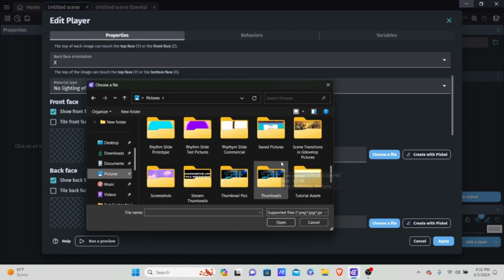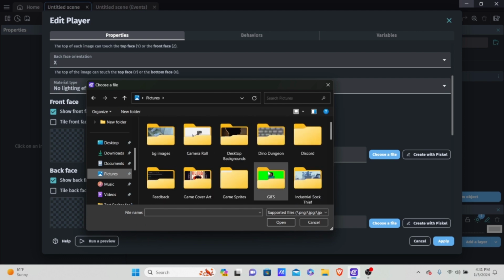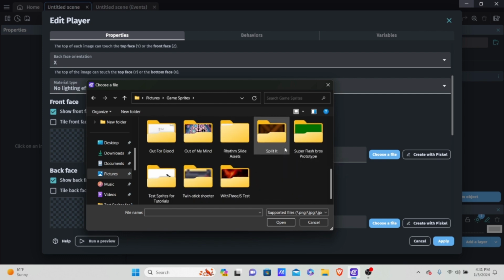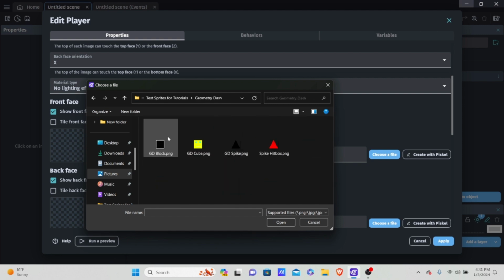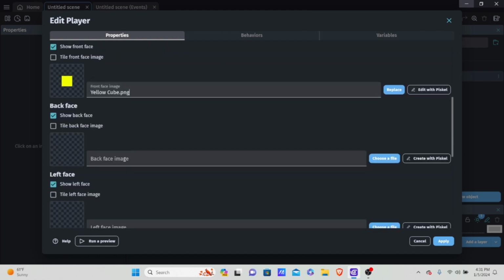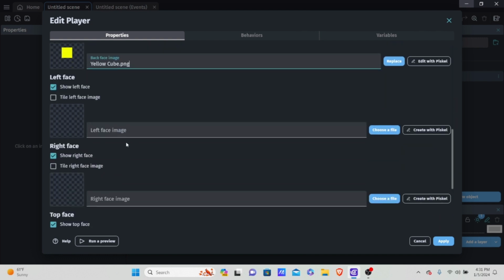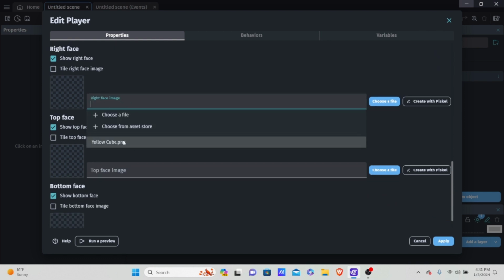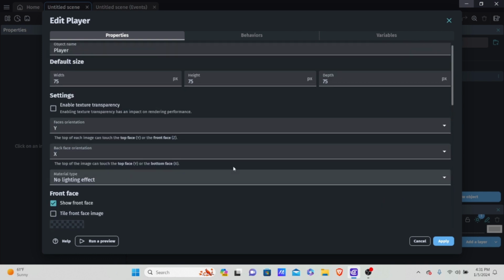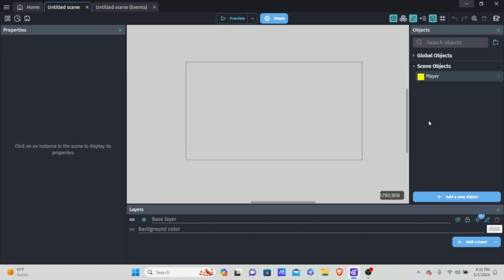So all you have to do is go to Pixel. Of course, my Pixel, like always, is broken. But of course, you can go create your own yellow sprite by going to Pixel yourself. And I'm just going to be simply going to my colors right here, and I'm going to just fill in yellow for all of these. And now that I'm done with filling in yellow for all the cubes, I'm going to apply,